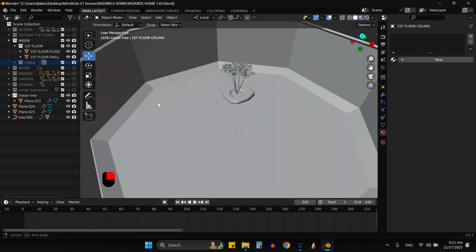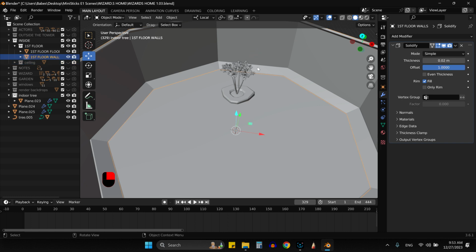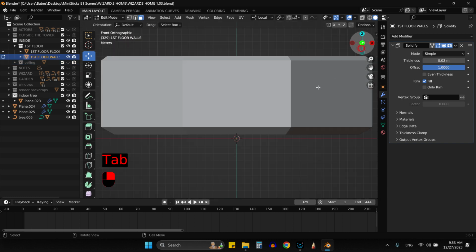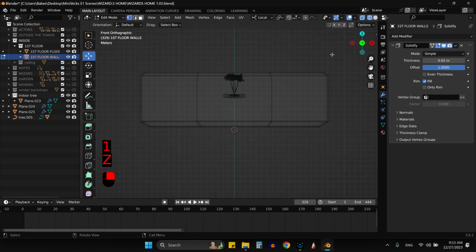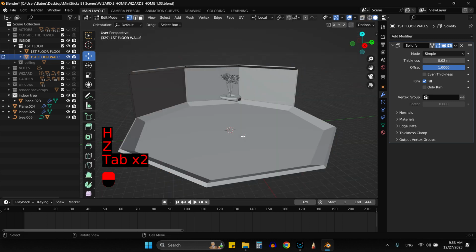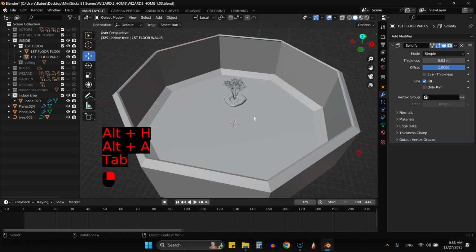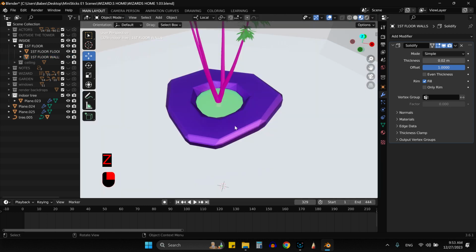Okay, so isn't there a masking mode in here or something? Yeah, I mean there is a masking mode, but I could also just do this and then hide part of it. Only in edit mode though, but I could also just do whatever. Anyways,